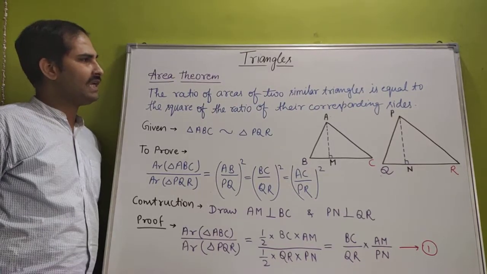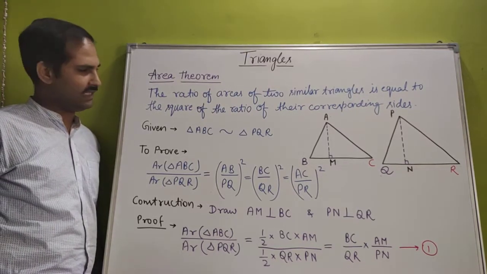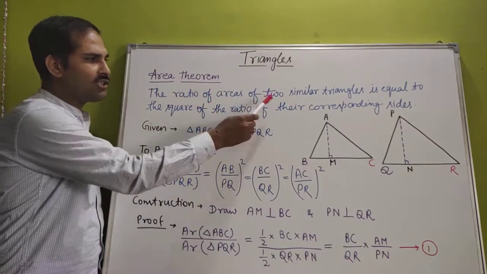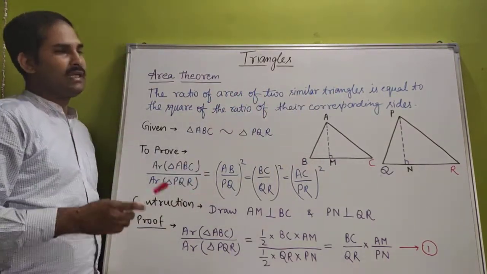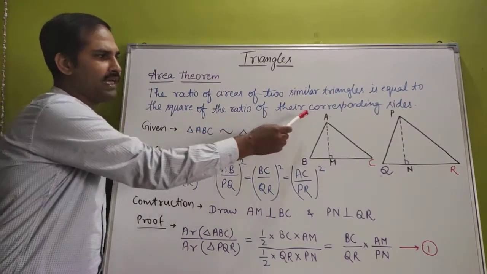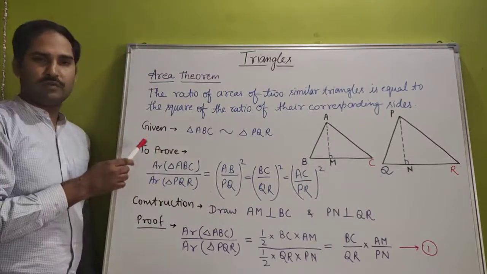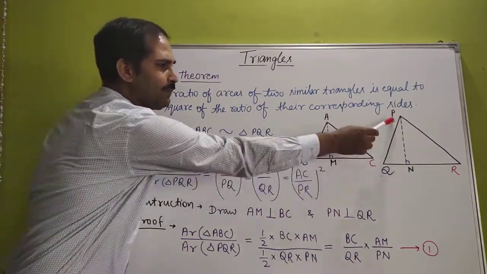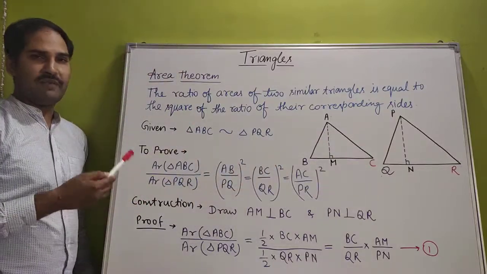Now we will discuss the area theorem based on similar triangles, according to which the ratio of areas of two similar triangles is equal to the square of the ratio of their corresponding sides. So the given part is, suppose two triangles ABC and PQR are similar, and we have to prove that